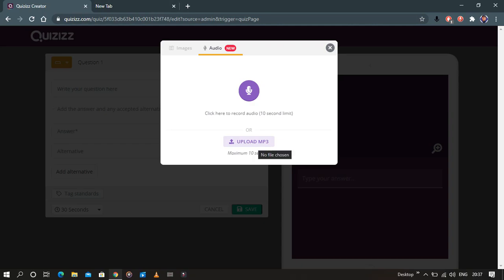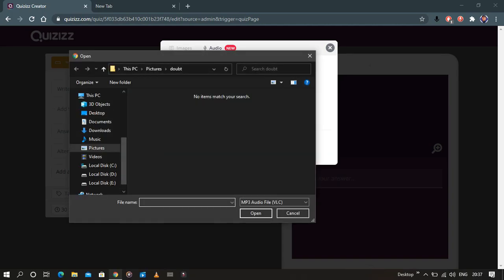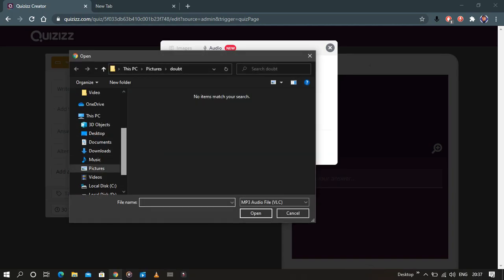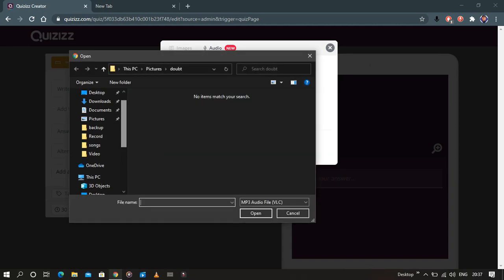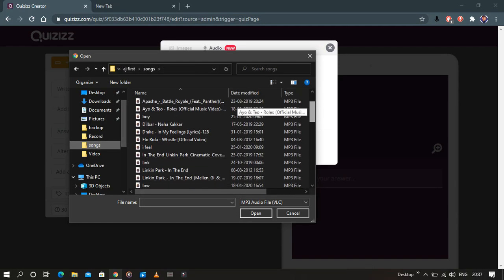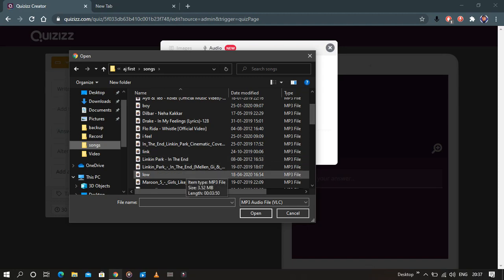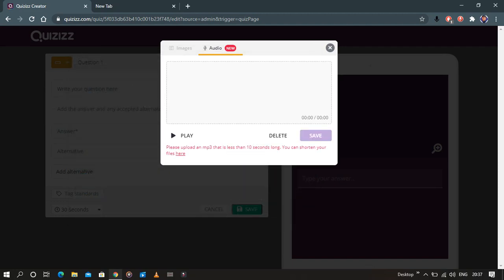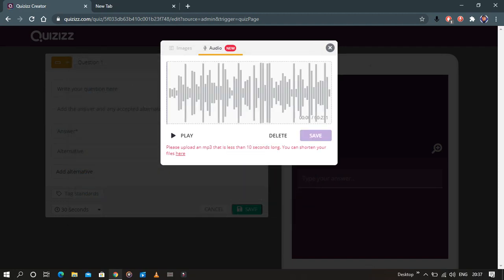And it also gives the option. So let me show you. Click on upload mp3, and let's go to an audio. So I'm selecting one of the songs from my files. Okay, so as you can see, my audio file which I selected was more than 10 seconds. So this site provides the option to trim it.